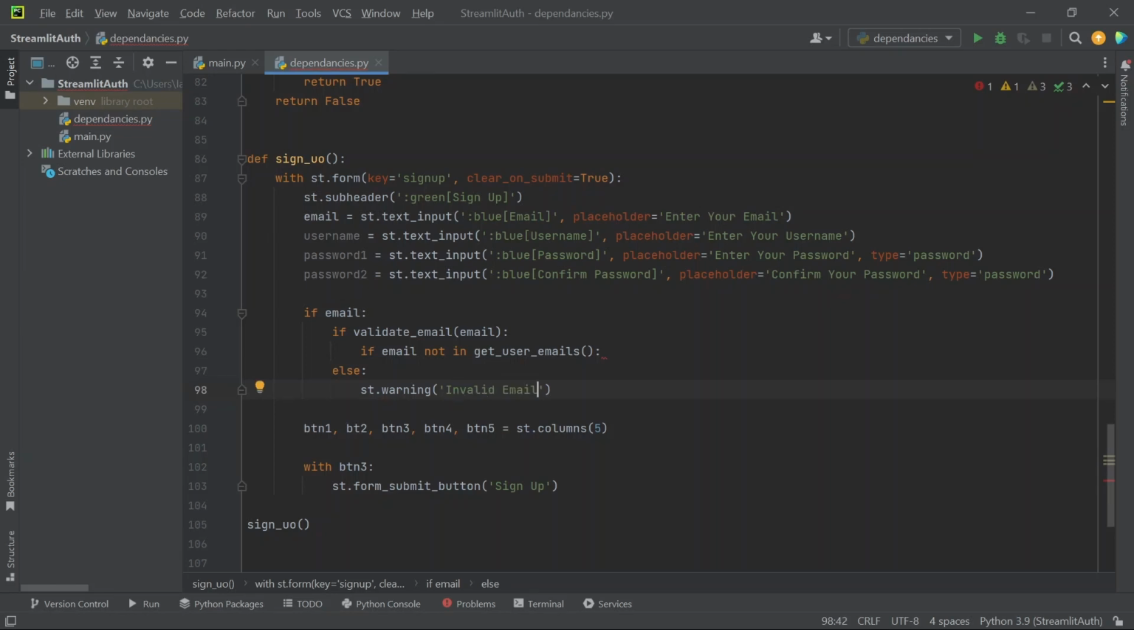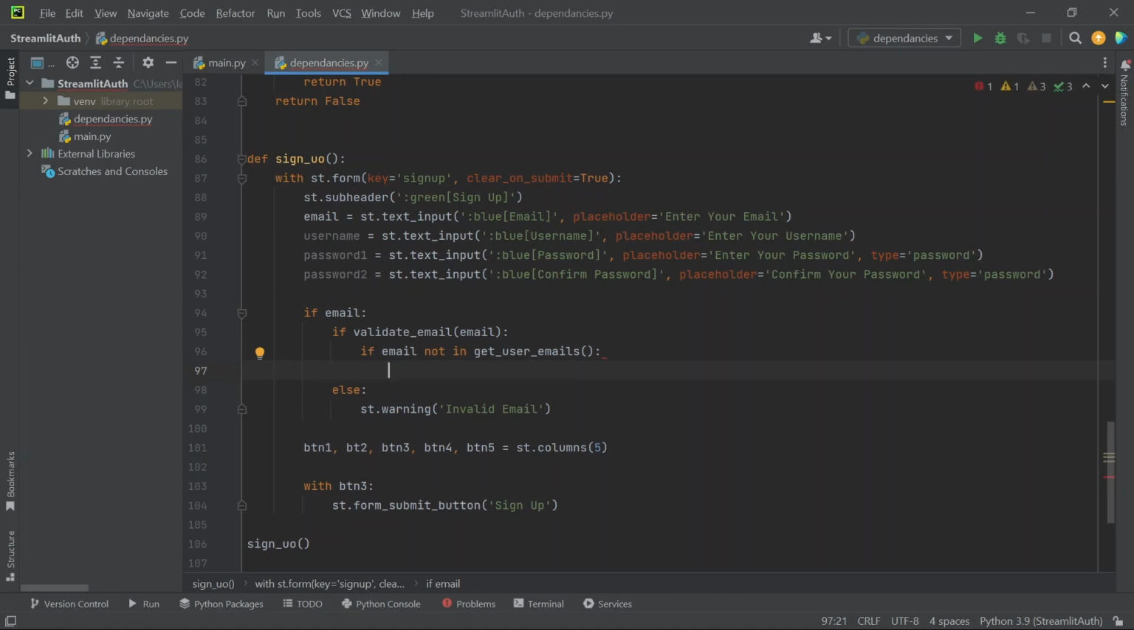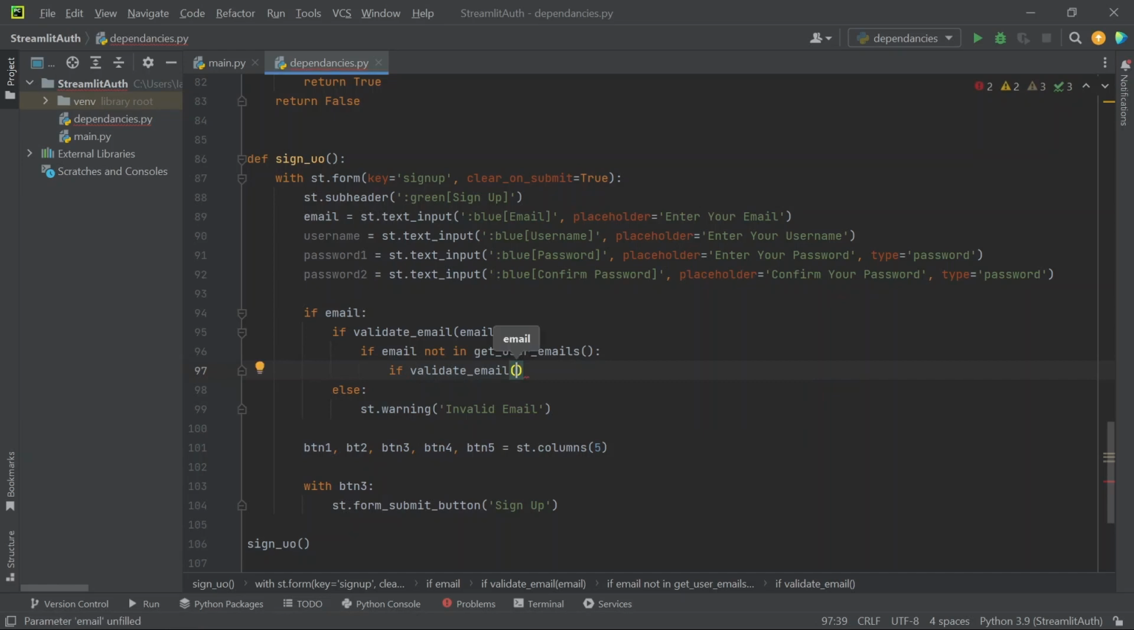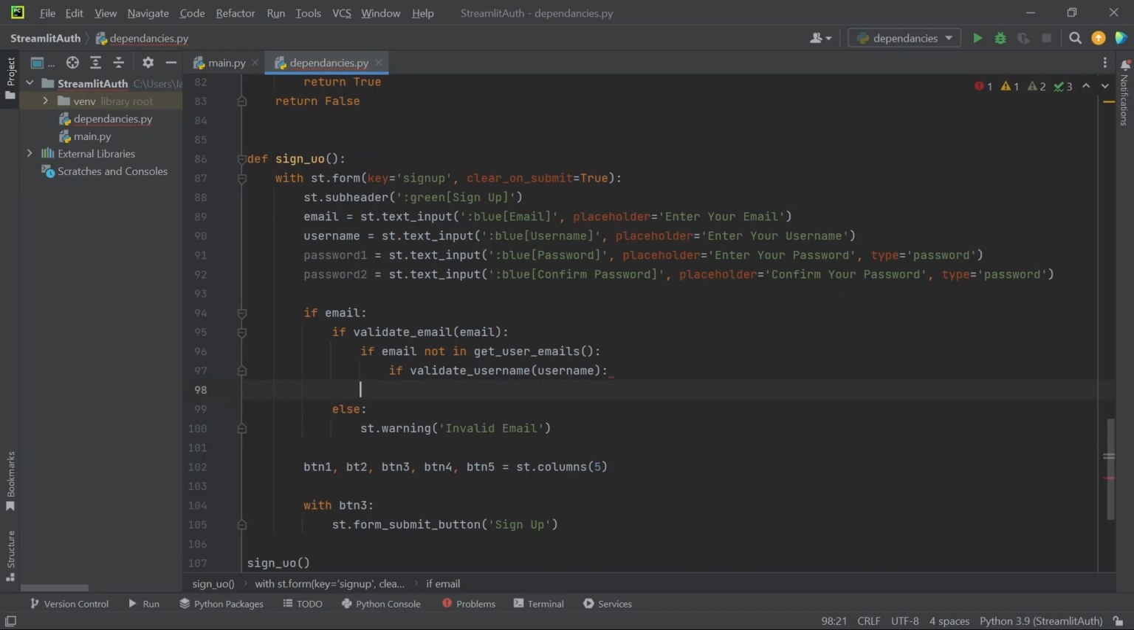And if the email is not in the emails in the database, we're going to check the validity of the username. So if validate username, pass the username here, and if the email is in the database,